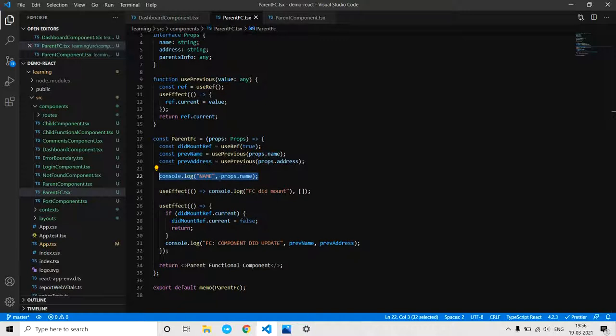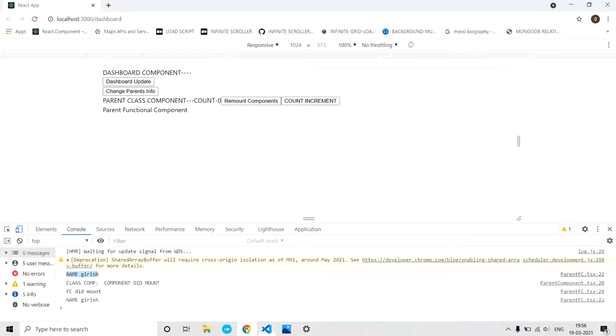Oh sorry, this is the name. I have to print previous name dot, it's just a previous name. So let me refresh it. For the first time it is undefined. Obviously we are accessing the previous name. For the first mount it is undefined.